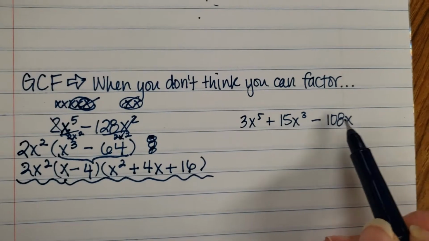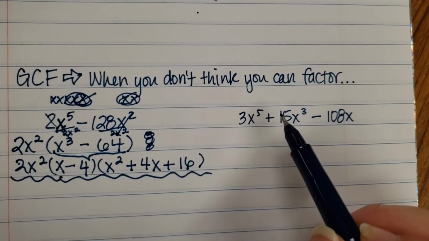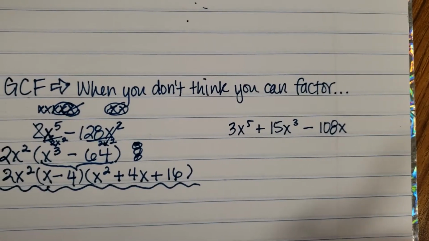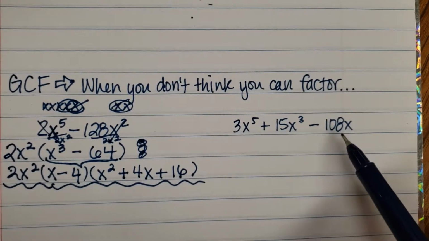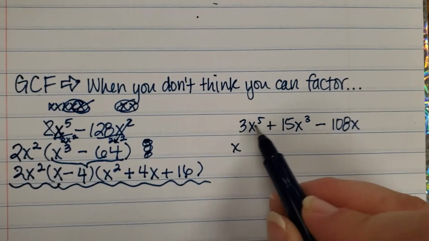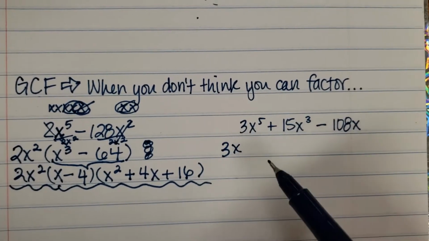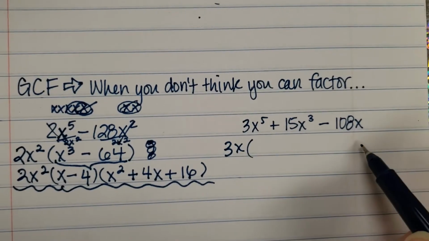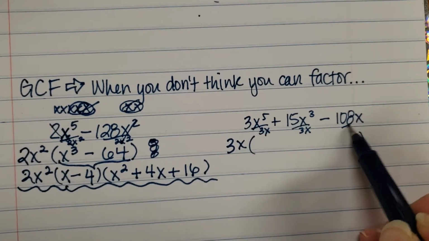So for this one over here, it's a trinomial, but the exponents are not even, they're odd. So we're going to have to see if we could do something and take out a GCF here. So I have 3x to the fifth plus 15x cubed minus 108x. They all share an x, and all of these numbers are divisible by 3. Again, usually it's safe to start with the smallest number, your smallest coefficient, and try that. So if I divide everything by 3x,